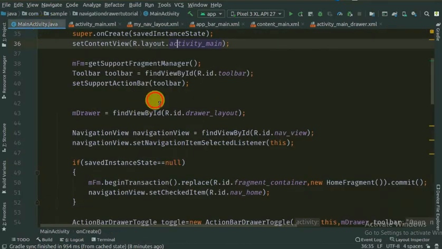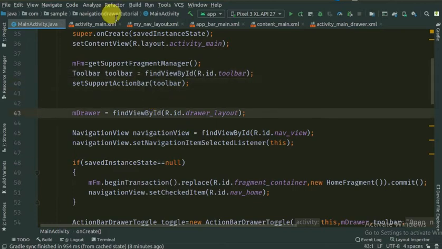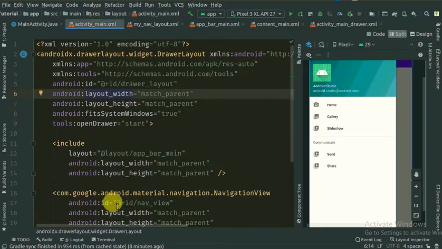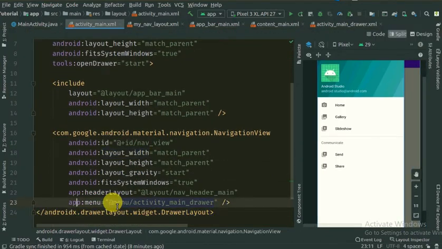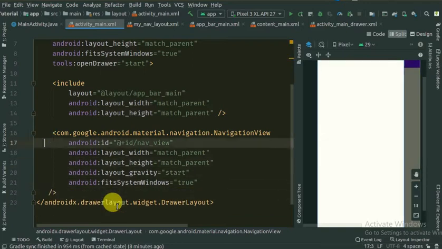Now in our activity file, instead of using this menu resource, let's first comment these two properties, that is the header layout and menu. I'm just commenting them over here.